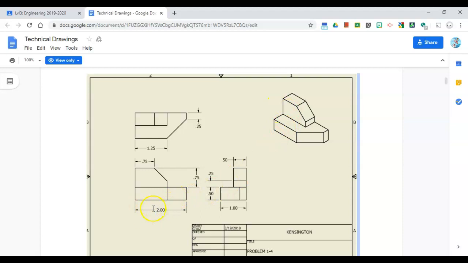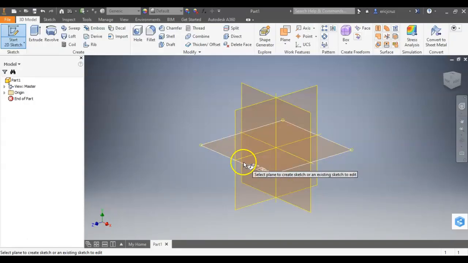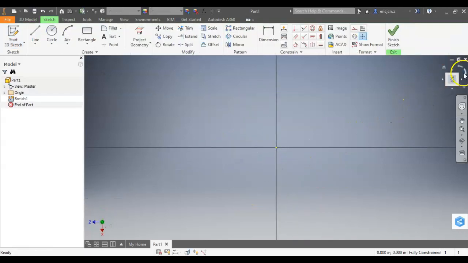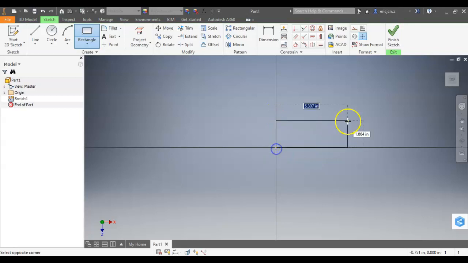And we know that this part is 2 inches wide. And we have this 1 inch mark right here. So we're going to make a rectangle that's 2 by 1. We're going to start on the XZ plane. Go to your view cube, turn that so the top view is normal. Click on the rectangle tool. And right off the bat, we're going to press 2, tab 1, enter,